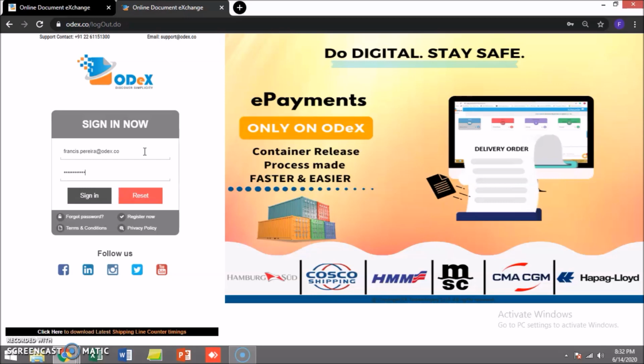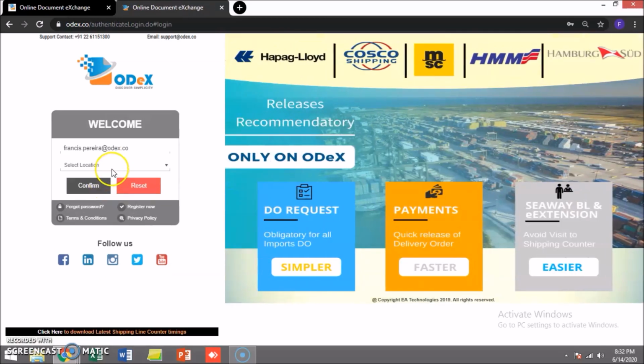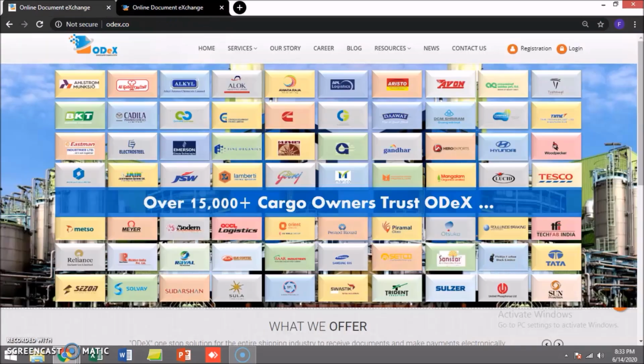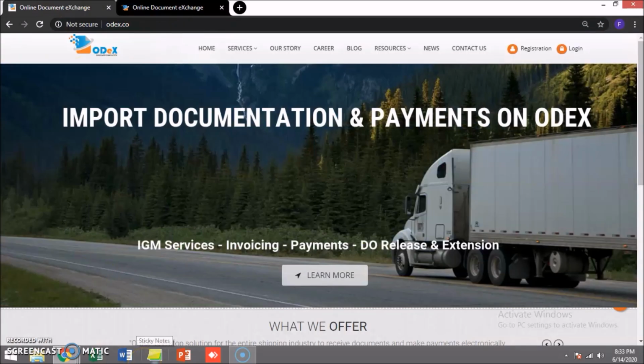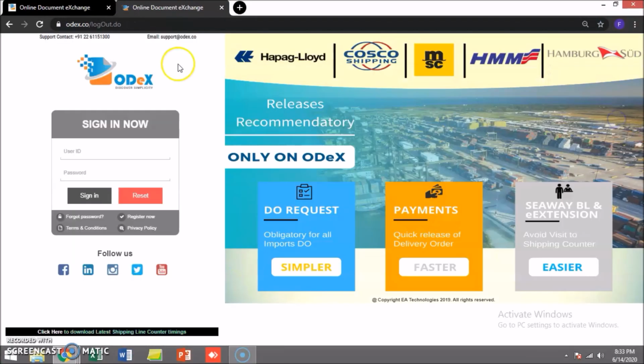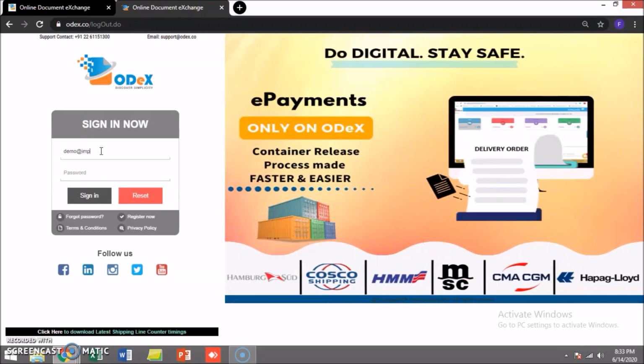To log in once again, and here we are. It will now allow you to log in further. So this was basically how to retrieve a particular password. In this case, there is another option, called changing the password from your end itself. So let me once again try logging in.